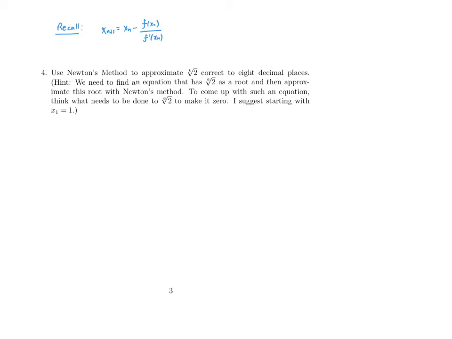So just quickly, the overall reminder: when we are using Newton's method, our goal is to approximate a root or a solution to the equation f of x equals 0. And Newton's method itself is an iterative scheme that hinges upon an intelligent choice for x1, which we think of as an initial approximation for the root. We then take that initial approximation x1 and use the formula above to get a list of approximations, x2, x3, x4, and so on. And the idea is that at each step you should be getting a better and better approximation to the value